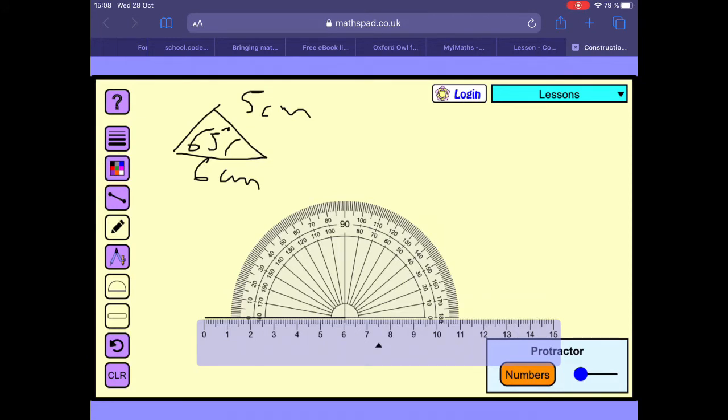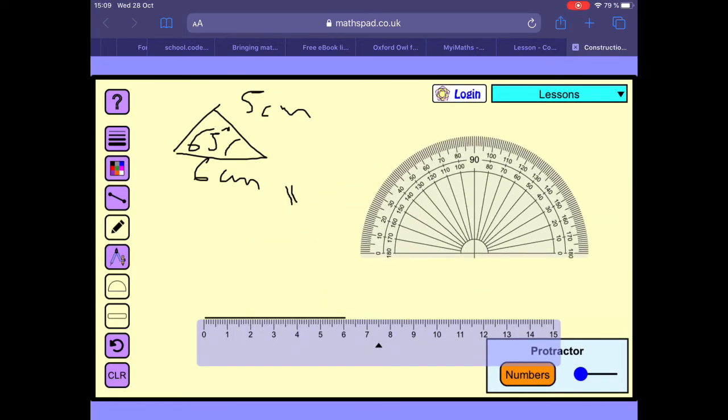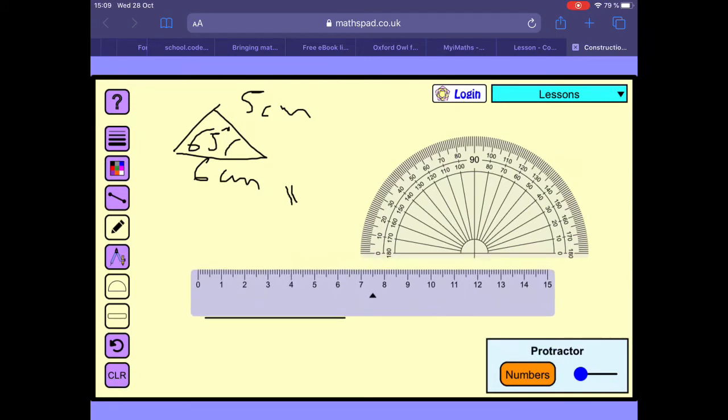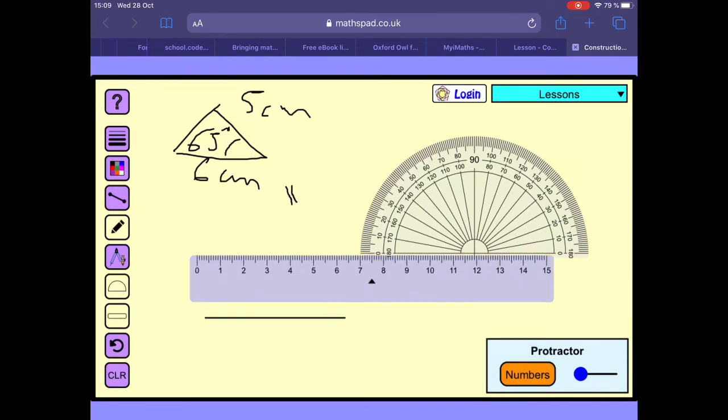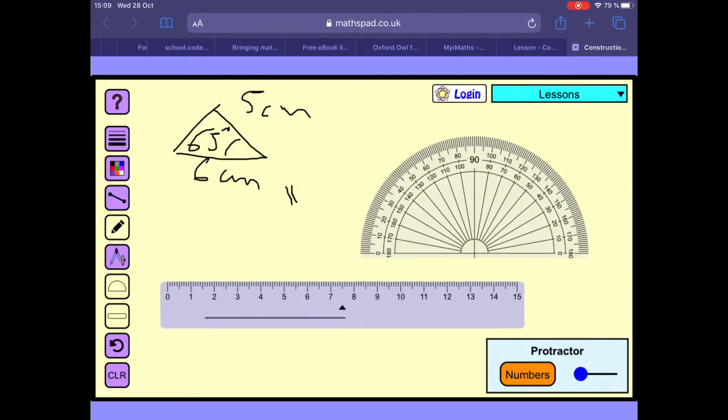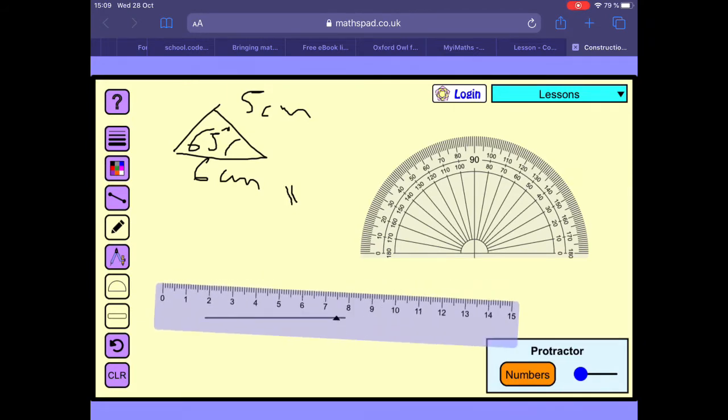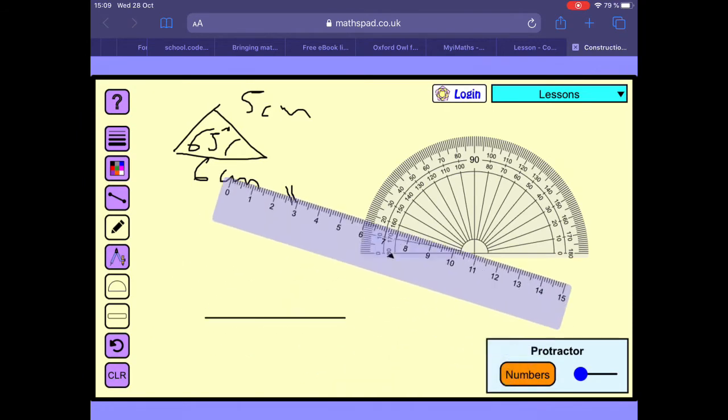So in this case, I'm looking at the outer scale of the protractor. We need to start measuring angles from 0. So we get the pencil, 0, 10, 20, 30, 40, 50, 60, 65 degrees is somewhere there. No, there. The second line, more or less. Right, so then, in that direction, I need to measure a line that is going to be only 5 centimeters long. And if I could figure out how to turn the ruler,